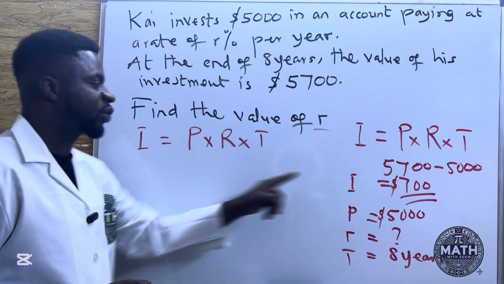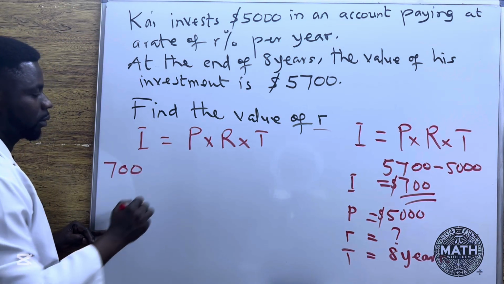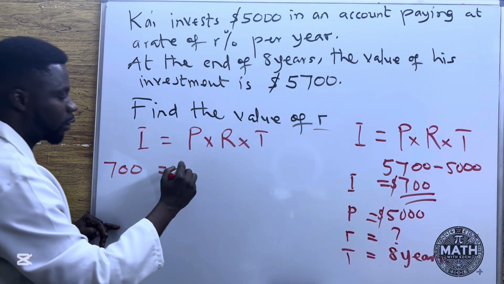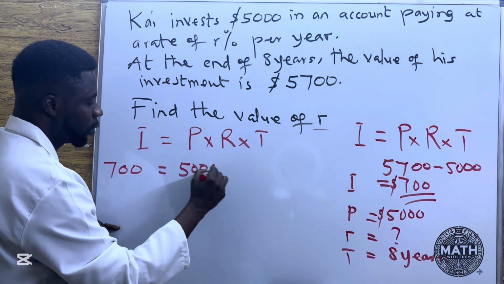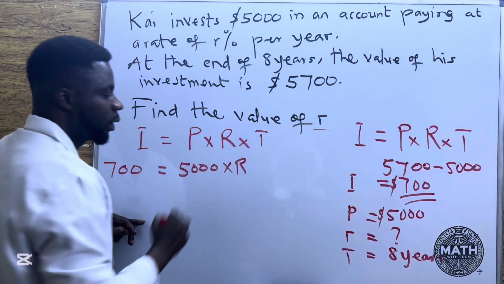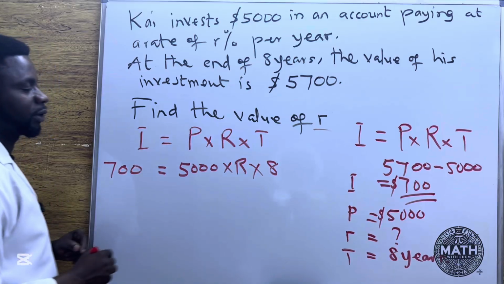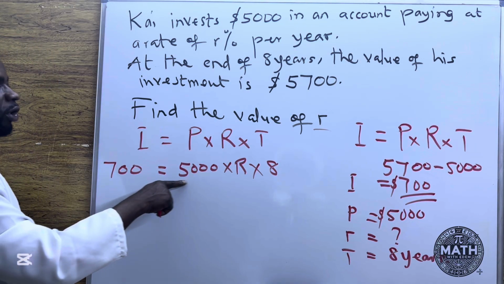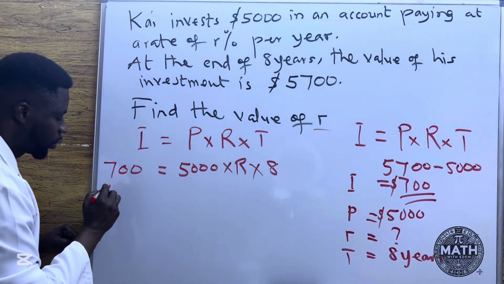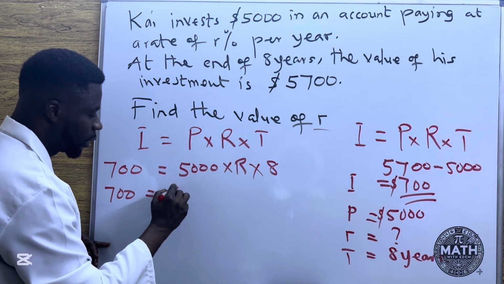Our interest is $700, so I'm going to write 700 equal to the principal, 5,000, times the rate, that's what we are going to find, times the time, 8 years. So I'm going to multiply the 5,000 by the 8 years. So we have 700 equals 5,000 times 8, which is going to give us